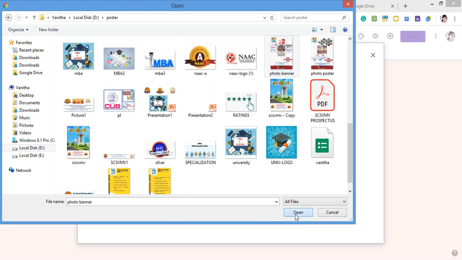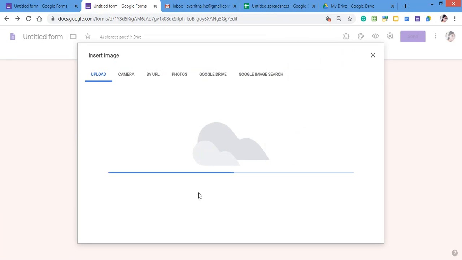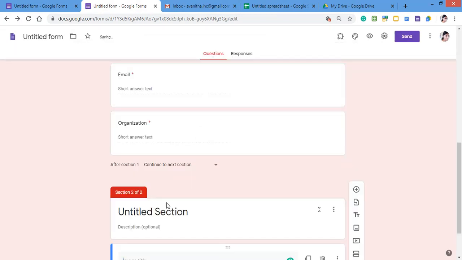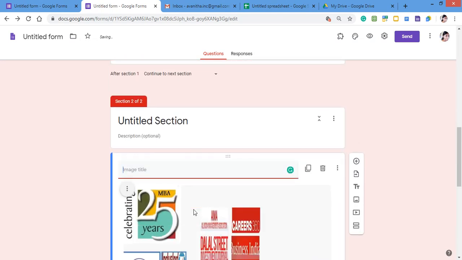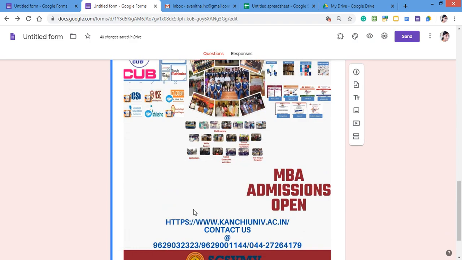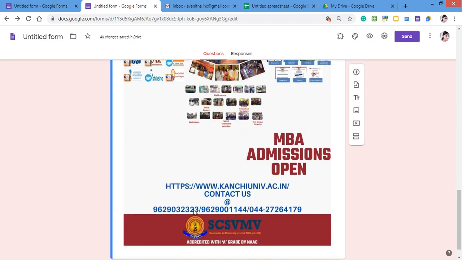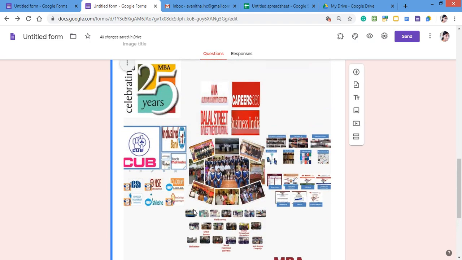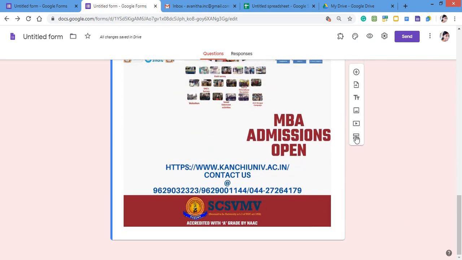I am adding a poster to it. Now it is being uploaded, and you can insert the image into your Google Forms. By this the person who is going to fill can also understand the images which you are going to send. Now another multimedia option which can be used in Google Form is that you can add videos also.